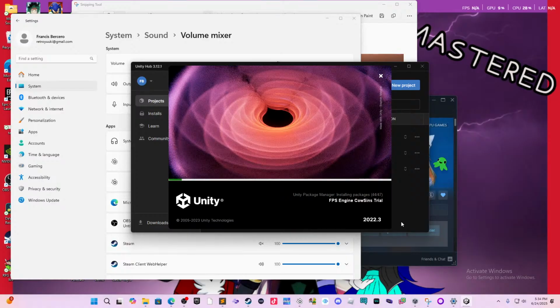Okay, we're going to save that for that day. So when your Unity finally decides to load, you're going to be able to import the asset. Please note that it will take some time for the asset to be brought into the project, and that is because there is a lot in the asset pack